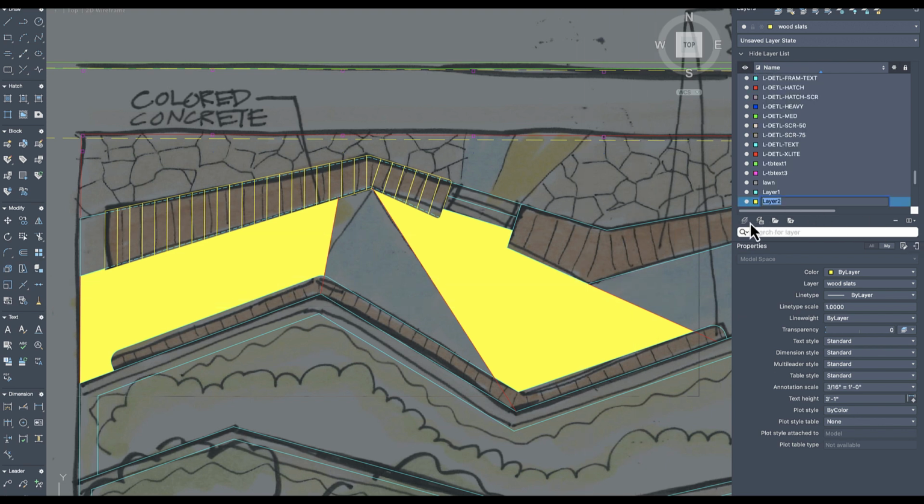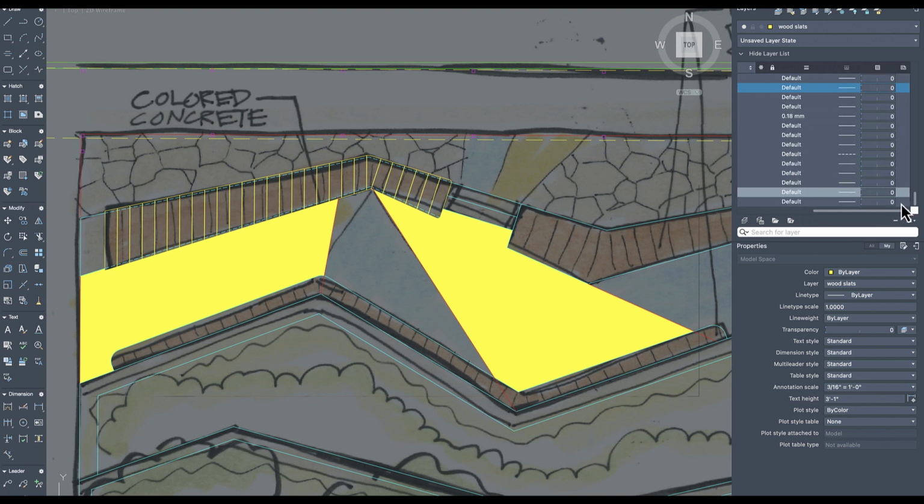So I'm going to create a new layer. We'll call it stained concrete hatch. And on that stained concrete hatch layer, what we're going to do is we're going to keep it yellow. It really doesn't matter what the color is. We'll just go yellow for now. But we're going to slide all the way over and find the transparency. On that, let me make sure I'm on the right layer, we are going to change that transparency to a